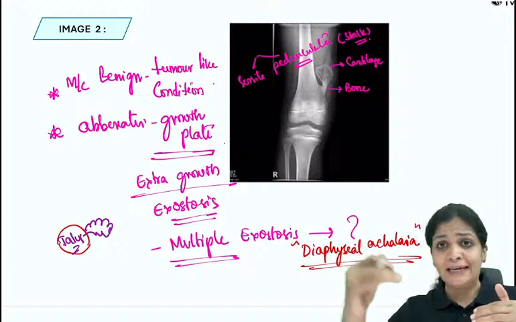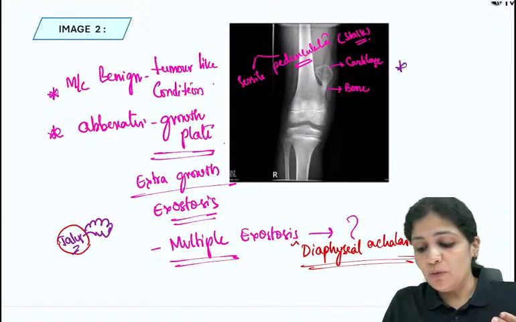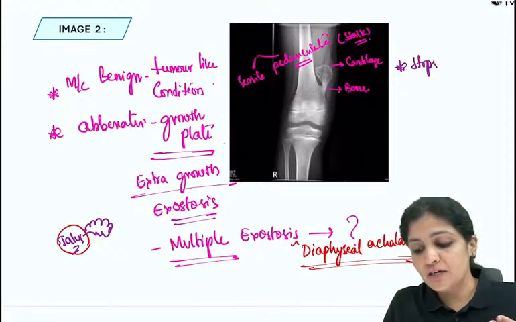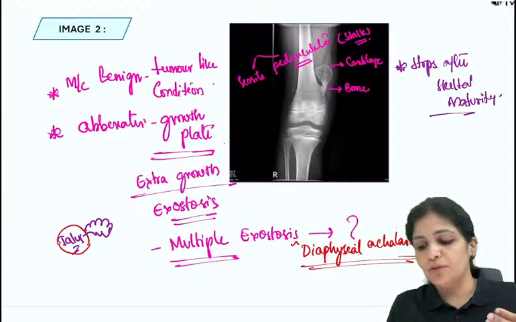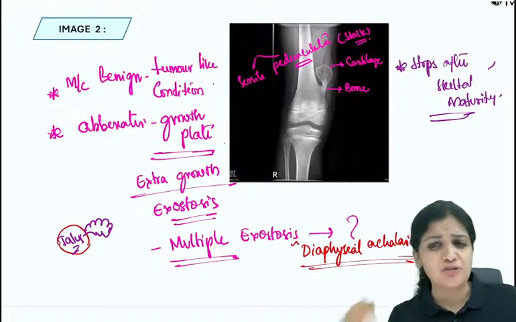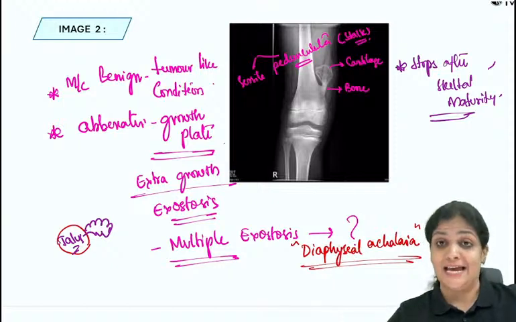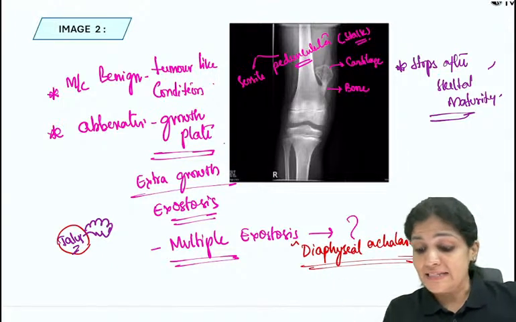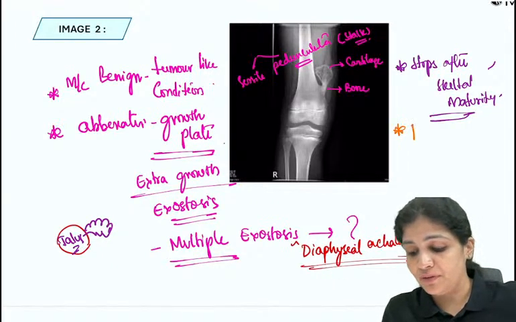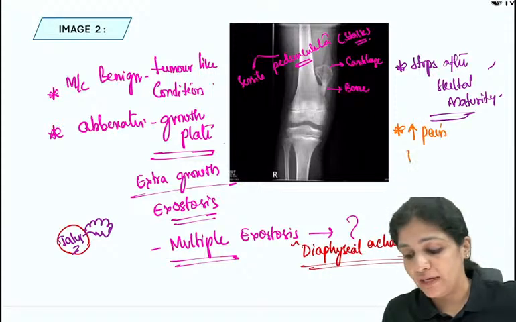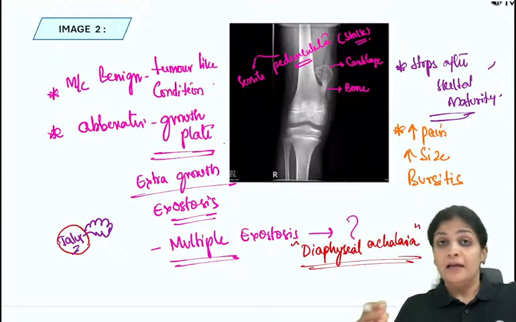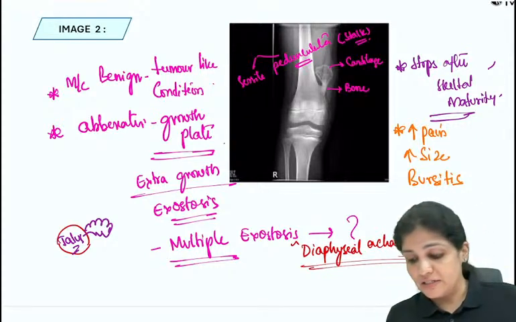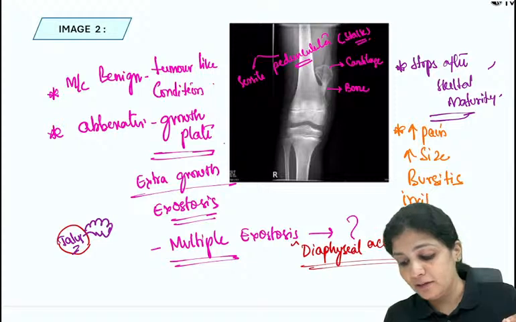And it is usually in relation with the growth plate. So usually what happens, it stops after skeletal maturity. So this growth of the bone stops after skeletal maturity. You can reassure the patient that this is not going to increase in size after skeletal maturity. But there are certain conditions where the patient has to be careful. Whenever there is an increase in pain or a sudden increase in size, or if there is a bursitis, that means this particular growth is touching the bursa, or if it is irritating the nerve,